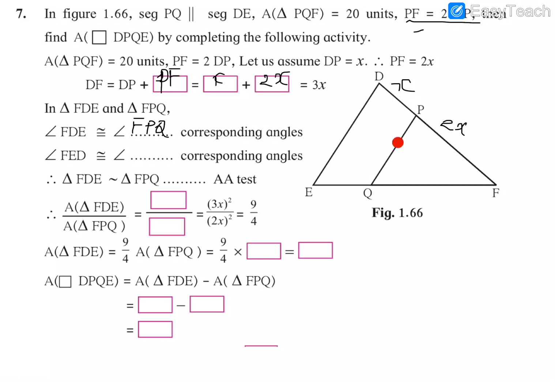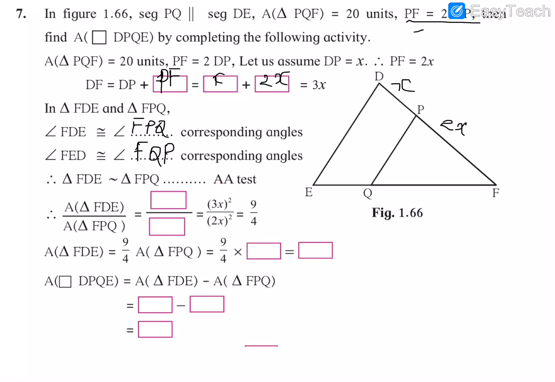corresponding angle. The same way here, on the other side also, PQ and DE are parallel, transversal EQ is cutting at 2 points. So the angle FQP and FED, that is angle at this point and angle at this point, will be equal, since they are corresponding angles made when a transversal cuts two parallel lines. So I am filling that. Angle FED equal to angle FQP. So the two blank spaces are filled.